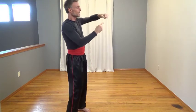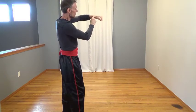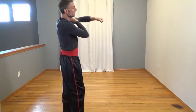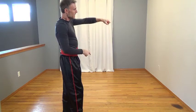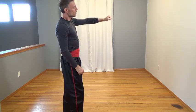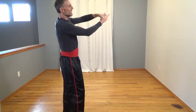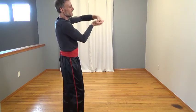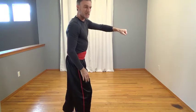So we're going to tip it down a little bit. We're going to get this knuckle in line with the wrist, in line with the elbow, in line with the shoulder. If I'm pointing, you see this is a straight line, and I just make a fist that stays there. What we don't want to do is punch too high here, because you'll hit this direction. We definitely don't want to punch like this, or it's going to cause a fracture this way. The rule works basically like this: if we're punching at the solar plexus, we're going to be hitting with a